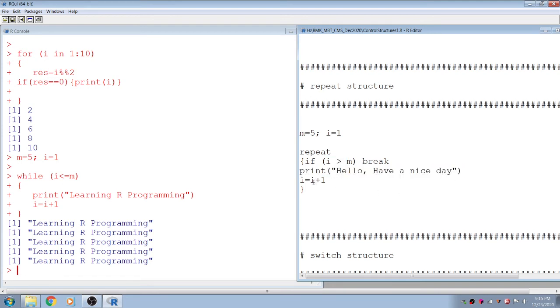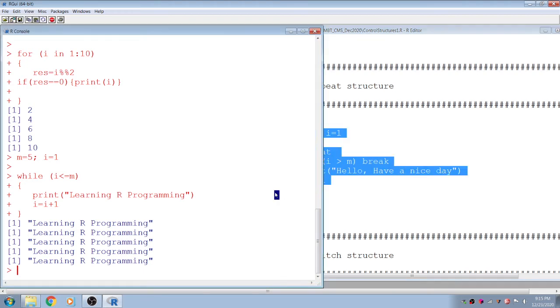Then i is incremented, here also we are using the same indicator variable. i is equal to i plus 1, so 2 greater than 5 is false, so it is printed. 3 greater than 5, it is printed. 4 plus 1, 5 greater than 5, it is printed. Next 5 plus 1, 6 greater than 5, yes, that is true, so it executes this statement. That means it breaks the repeat loop and control transfers to outside the loop. That means it exits the program.